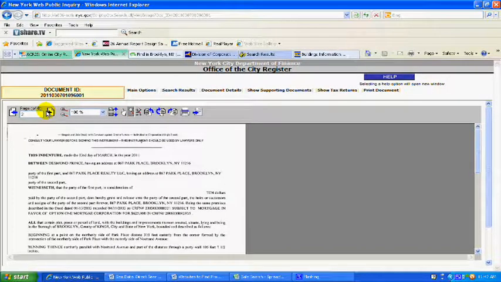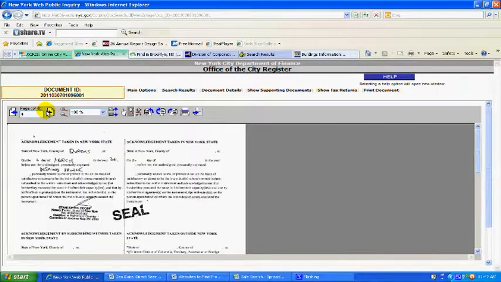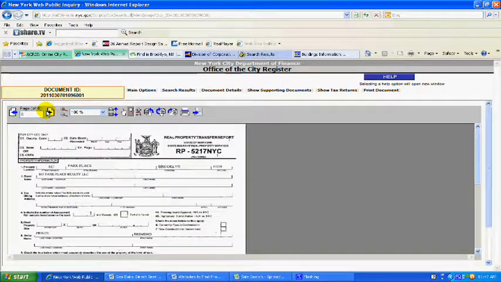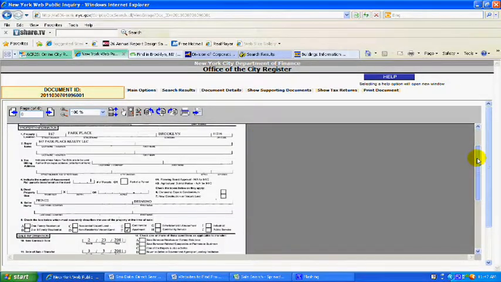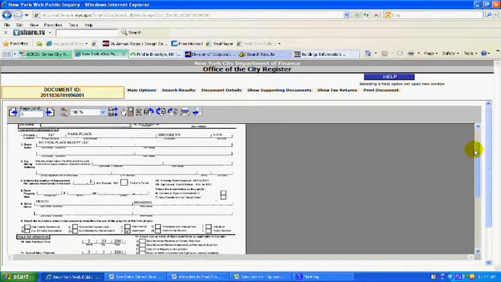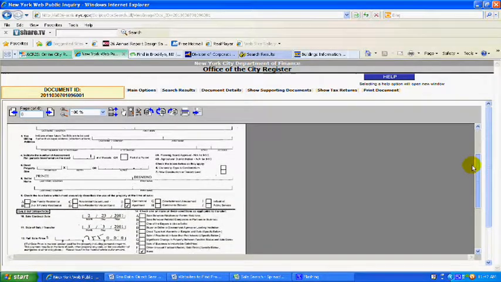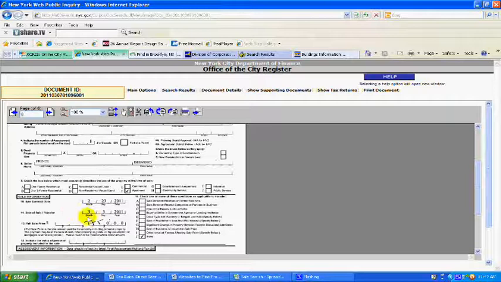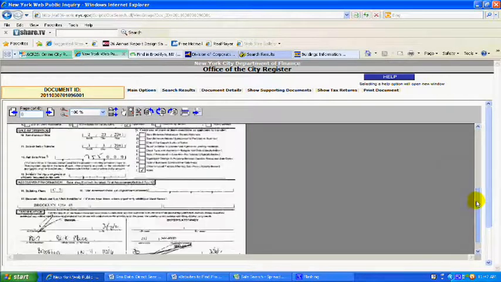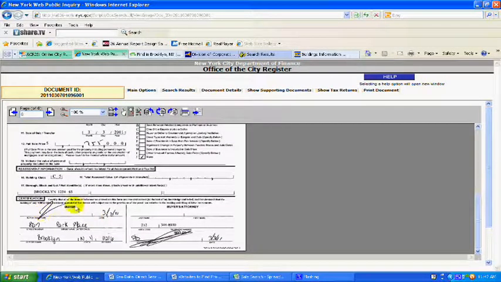Okay, so we're going to move on, and remember, the document we look for is the real property transfer report. It shows us a couple of things. There's usually two of them to every document. Sometimes there's more. It shows us the sale price, $755,000, and if you scroll down to the bottom, we have the buyer's signature, date, and it has the address. Obviously, this lines up with the property, so we're not going to use this, and we don't need the seller's information. I want you to take note of this phone number right here,